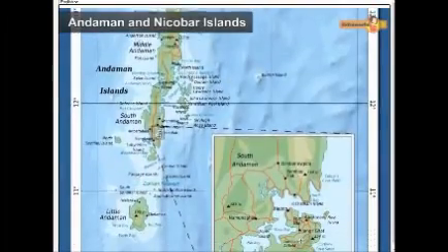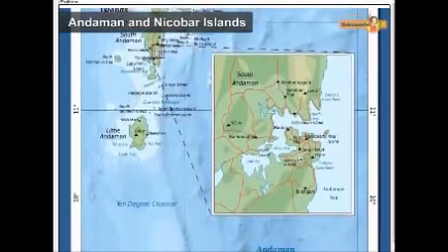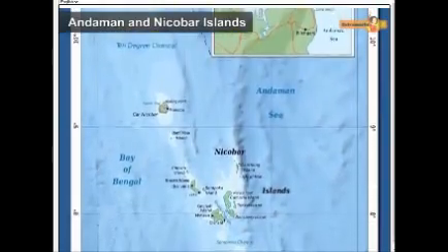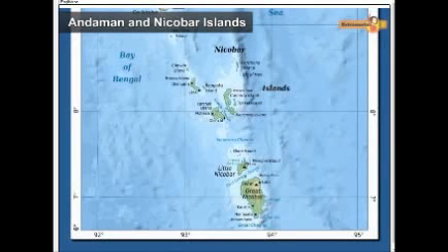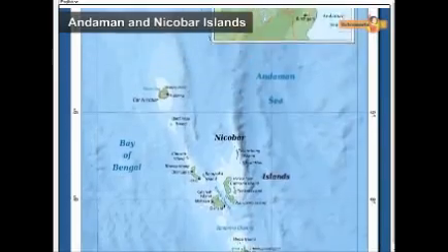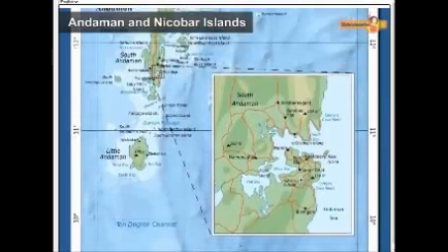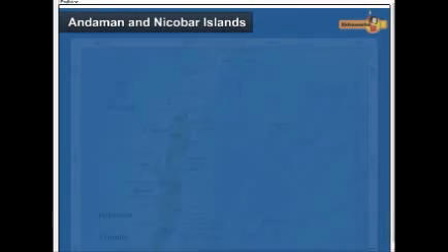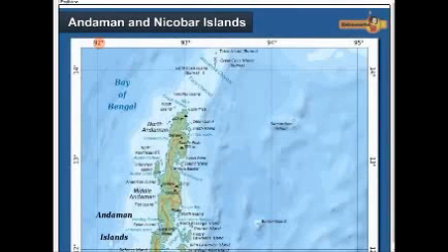Another group of islands is the Andaman and Nicobar, which is located in the Bay of Bengal. These islands lie between latitude 6° north and 14° north, and longitudes 92° east and 94° east.